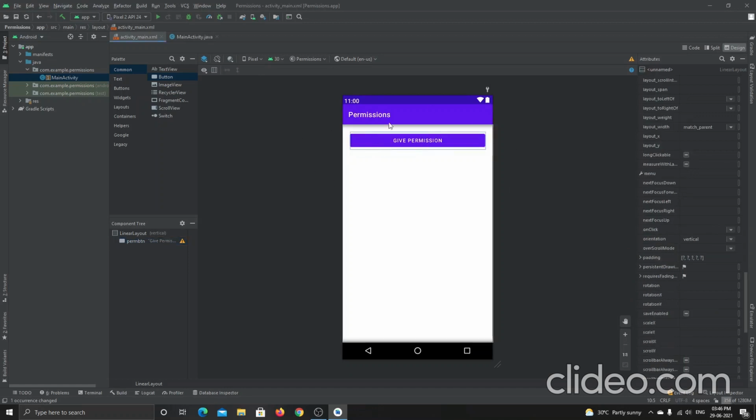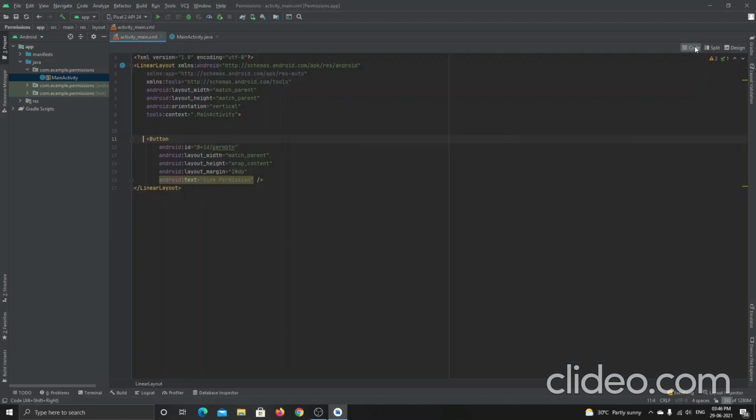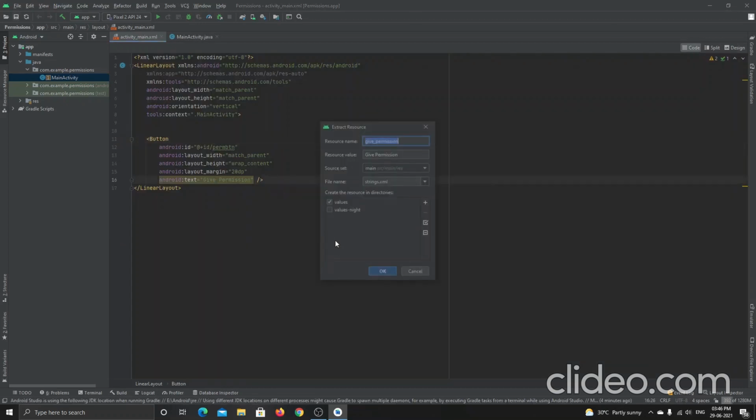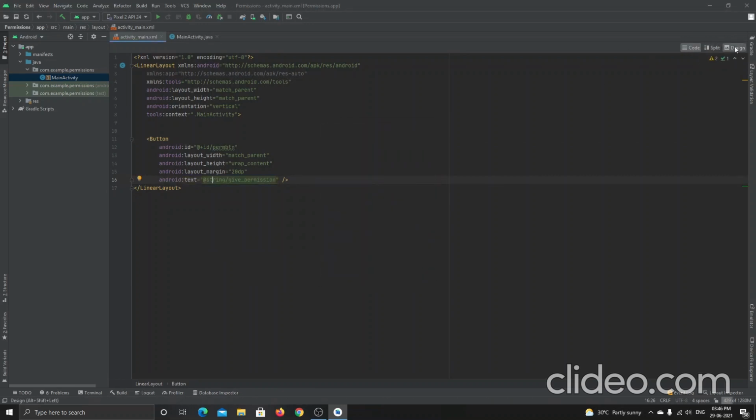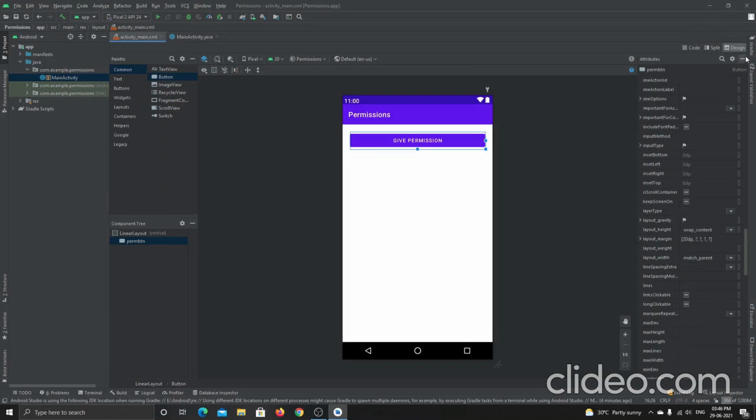Now when I click this button, I want to show some permissions like allow or deny. How to do it, I will show you. First go back to the code and let me extract it to a string resource.